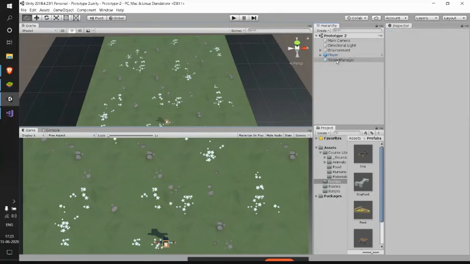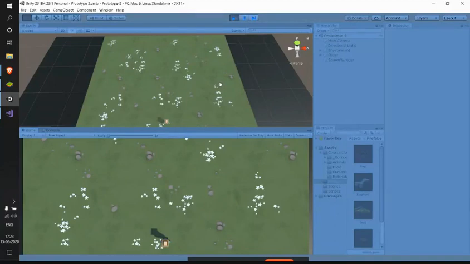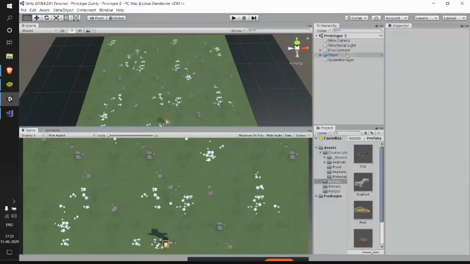Let me save this, and see, the animals will be generated on their own, and our food will be generated whenever we press space. So all that is left is to do something when they both collide. Let me go back and do that.